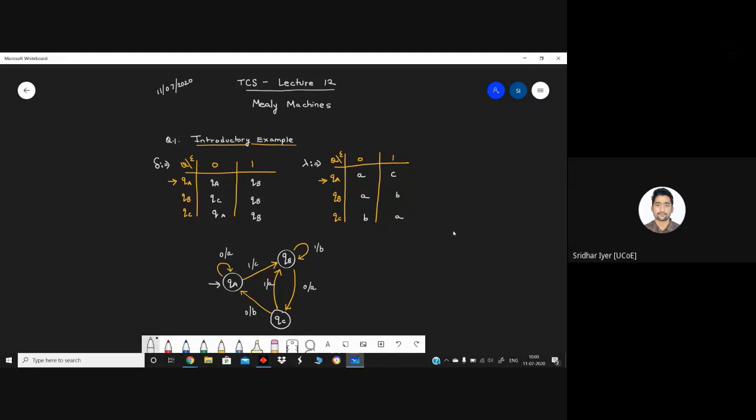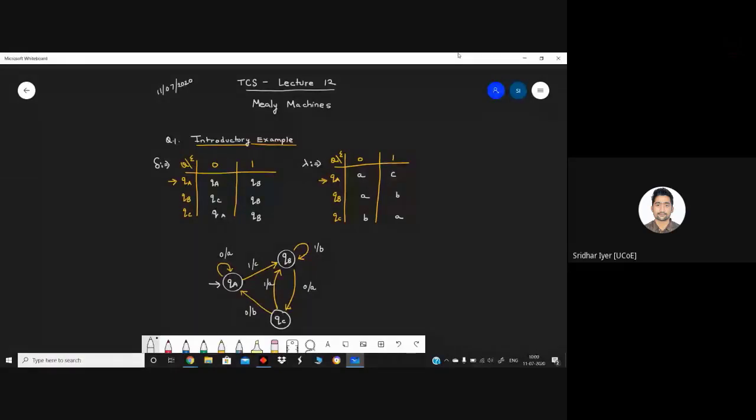Generally, such kind of questions are asked in the examination. A question will be given in front of you, a problem statement will be given, and you need to design both the machines, Moore machine as well as Mealy machine, for that problem. Generally, such questions come in the exam. Okay, so we are going to start today's lecture with the exact definition of Mealy machines, and then I will start with an example. Okay, so can anyone tell me what is the main difference of Mealy machine?